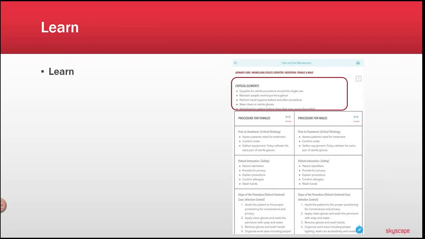Built upon the critical elements, it was identified the specific pieces that need to be universal for all skills and especially for this skill. And certainly when you're looking at urinary care, you're looking at Foley catheter insertion, some critical pieces certainly are aseptic technique. And the way in which this can be utilized as you're testing your students is that they must meet these critical elements. If a student, even though they perform a skill perfectly, has a violation of aseptic technique during the insertion of the Foley catheter, then they are not successful in performing the skill. So it's critically important that they meet each of these standards within the skill.